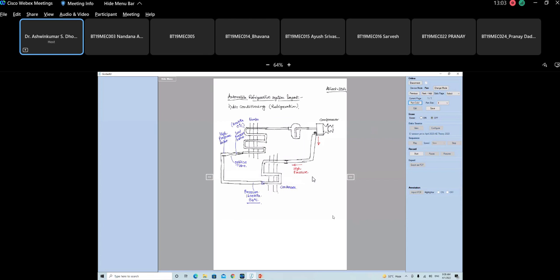Yes, evaporator, and this is basically low pressure. This evaporator is located in the passenger compartment,